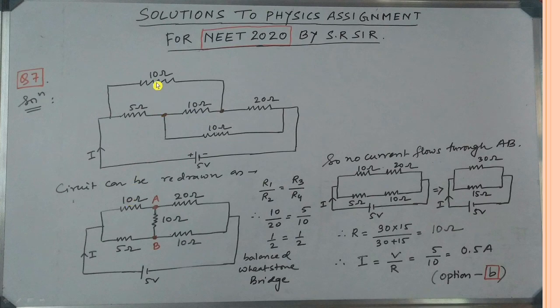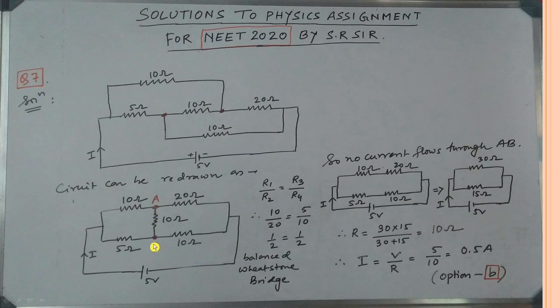So this 10 ohm and this 5 ohm are in parallel, because here the branching occurs. One path is this one and another path is this one. So branching occurs from this point. So 10 ohm and 5 ohm are parallel, and this 20 ohm and 10 ohm are also parallel. So this 10 ohm resides over here. This is the junction between these 2 paths. These 2 points give the junction consisting of this 10 ohm resistance. So this AB is basically this 10 ohm resistance.